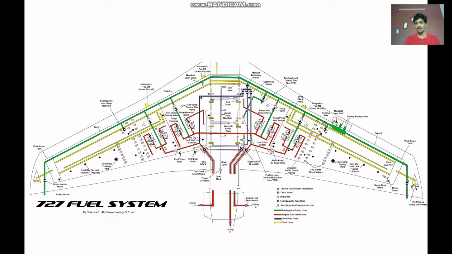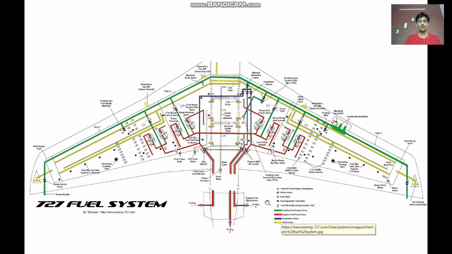So we have a vent port as well here, which you can see on both sides of the wing, as well as a dump nozzle or a dump valve on both sides of the wing. As we know, if we want to dump fuel, it will be from the tip of a wing, so that the fuel will go away from the fuselage and will not stick to the fuselage during flight. So this is about a typical fuel system.